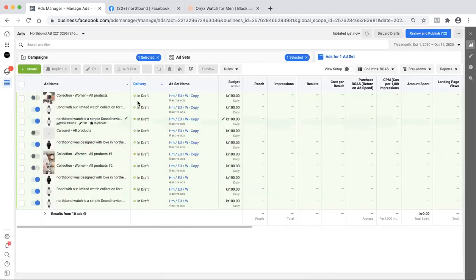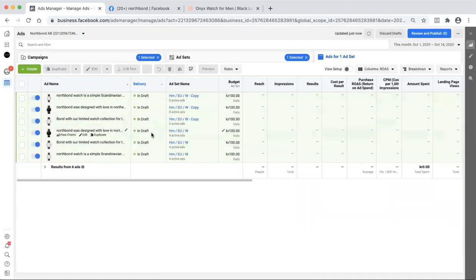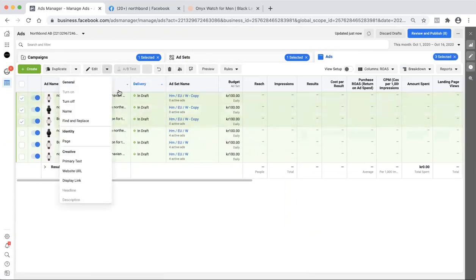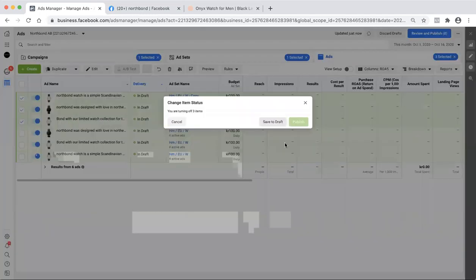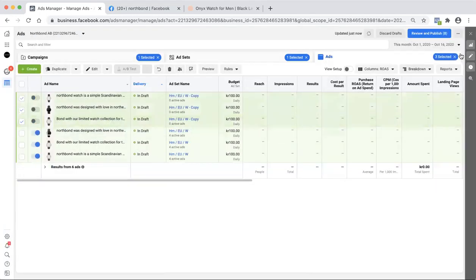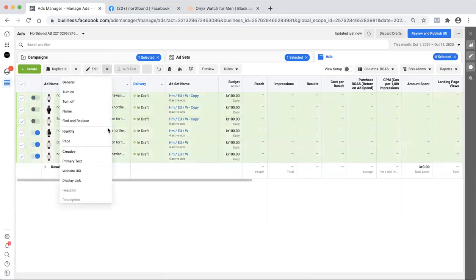We're not using them in this audience. We're only going to turn these off real quick because we're not going to let them run. We'll save that to draft, then publish. Yeah, we're going to turn all of them off.